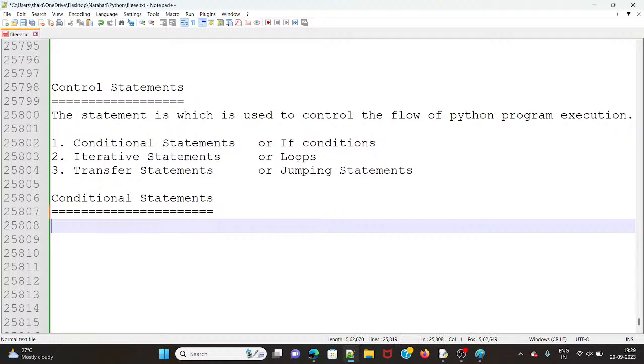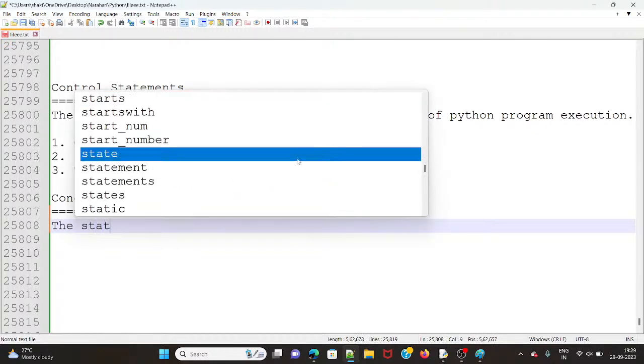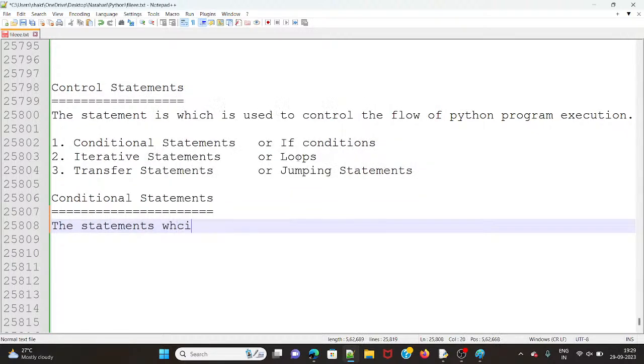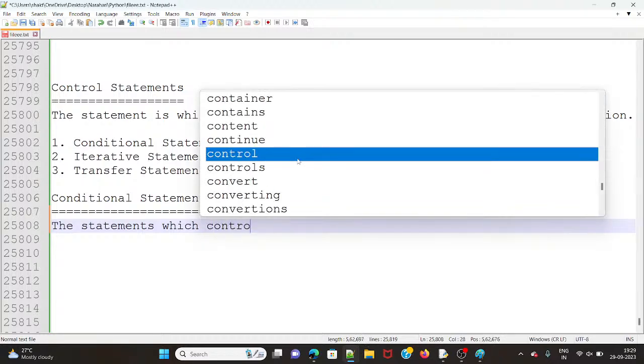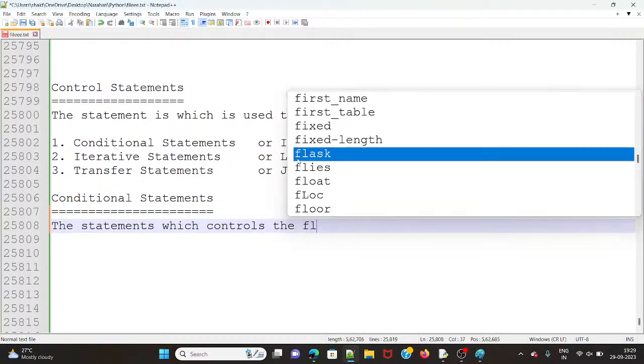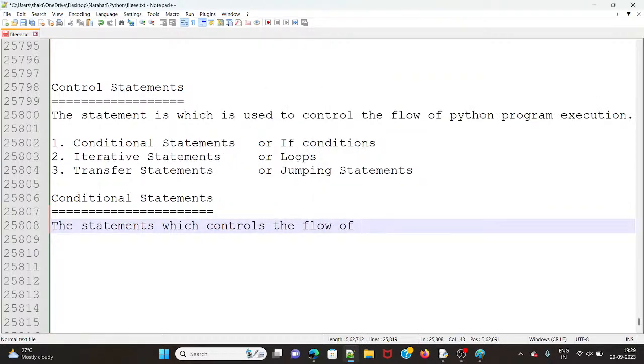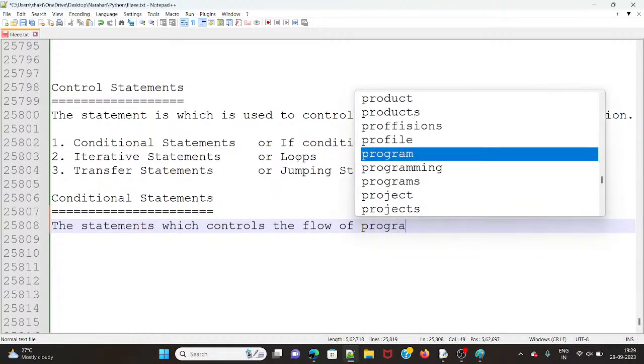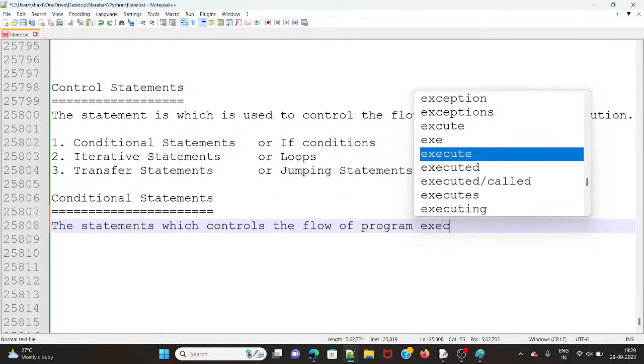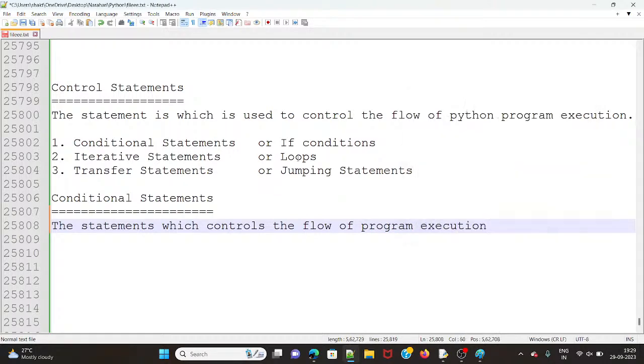I can say that here the statements which control the flow of program execution. So based on the condition, guys,